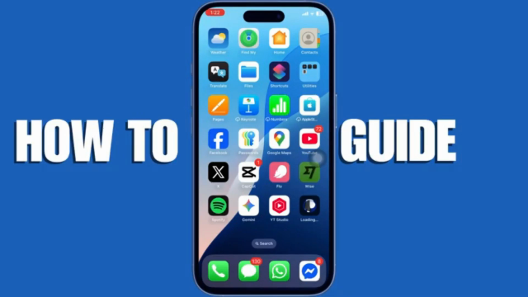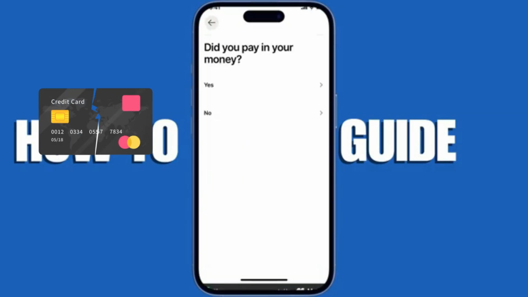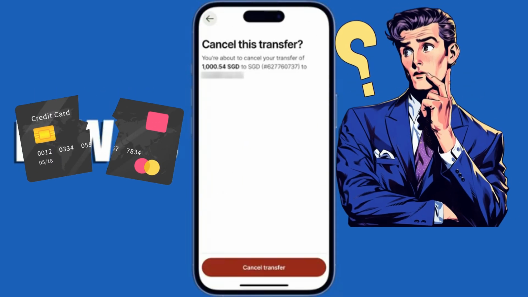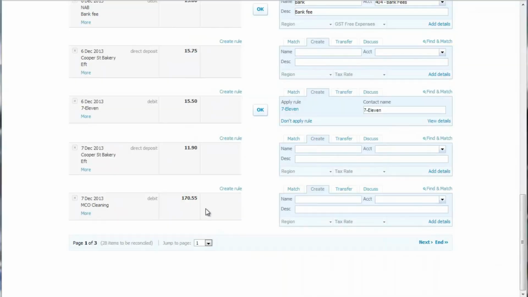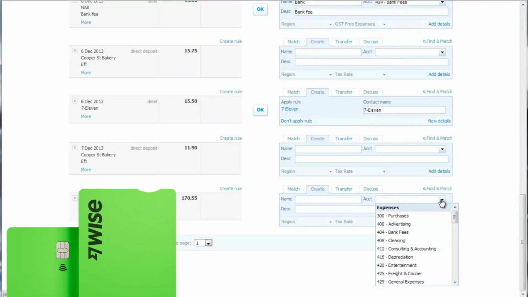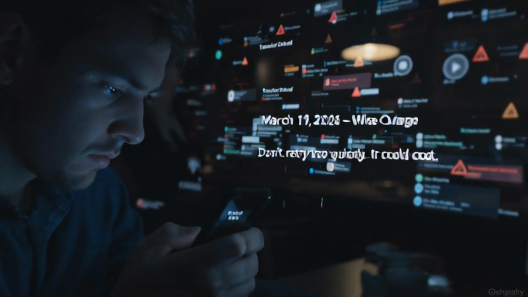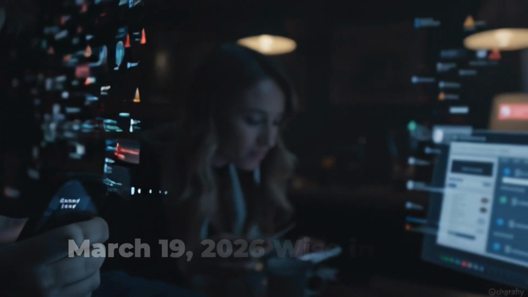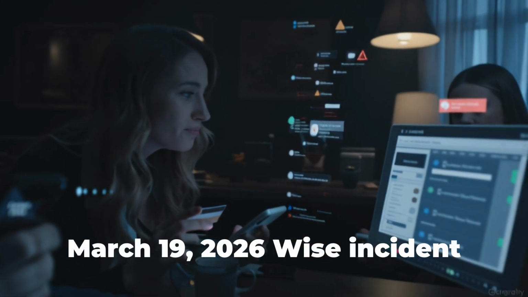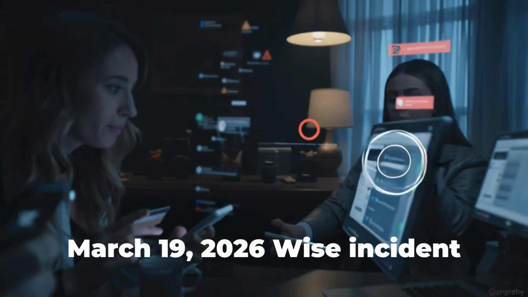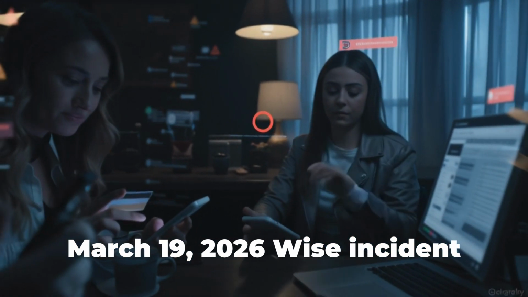Are your Wise transfers stuck? Or is your Wise card suddenly not working and you're thinking about sending the payment again? Before you do anything, stop for a moment, because retrying too quickly during a system issue can actually lead to duplicate charges or multiple transfers. This exact situation happened during the March 19th, 2026 Wise incident, where users experienced delays, failed payments, and card issues